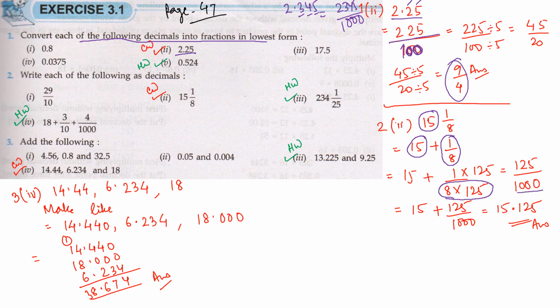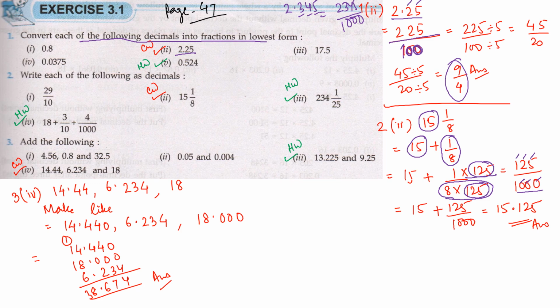But when you multiply 125 in the denominator, you have to multiply in the numerator also, so that it is an equivalent fraction, so that its value remains the same. So then it will be 125 by 1000. Now 125 by 1000, so you can easily change. How many zeros are there? 1, 2, 3. So the decimal will come 3 places.